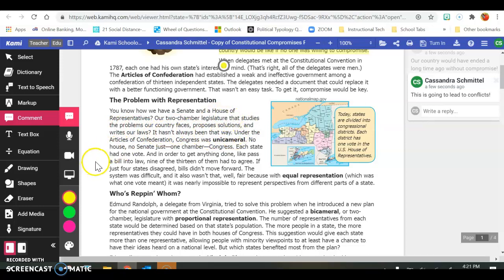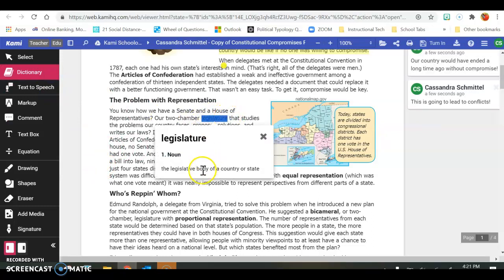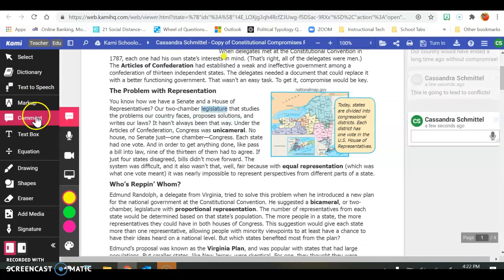So if you don't know what legislature is, remember that you can go to the dictionary and you can highlight this word, and it tells you the legislative body of a state. If you don't know what legislative means, you could look that up, but that means to make laws, the body